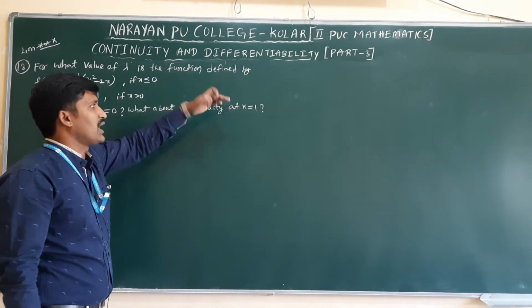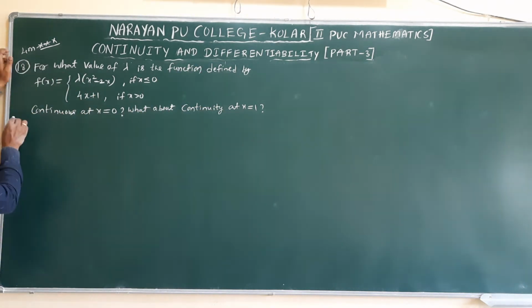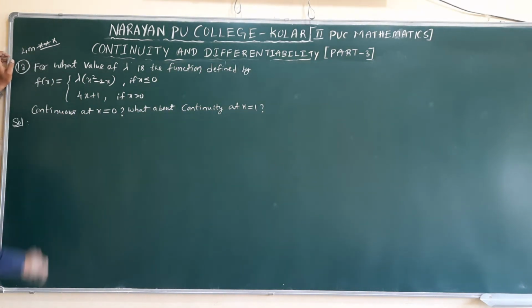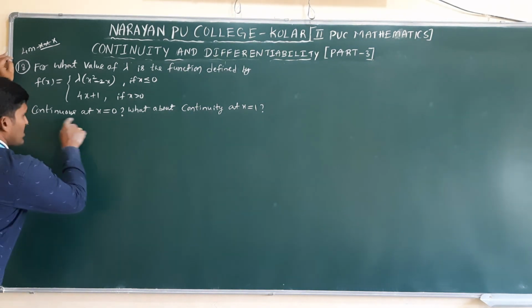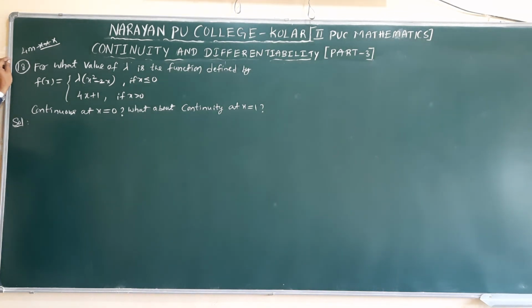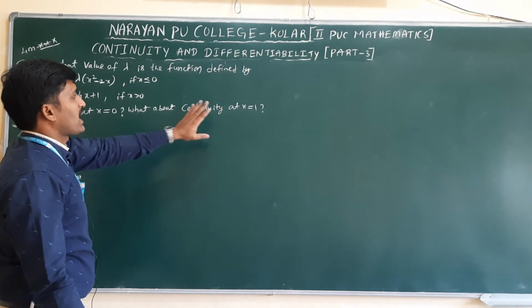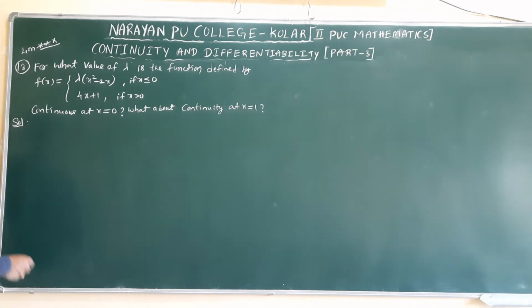What about continuity at x equal to 1? Okay. Now we need to find the lambda value. For that lambda we need to get continuity at x equal to 0. Next we need to check the continuity at x equal to 1. Okay. Now